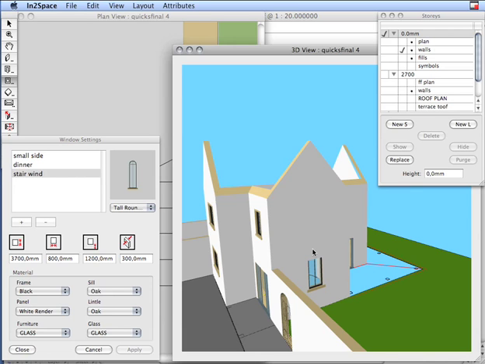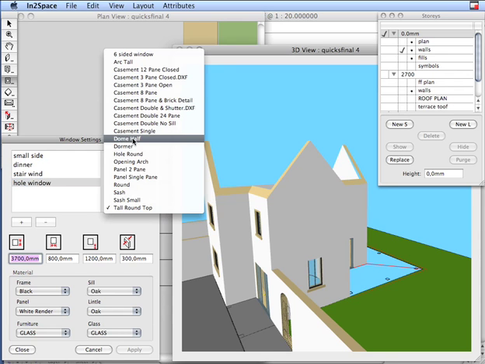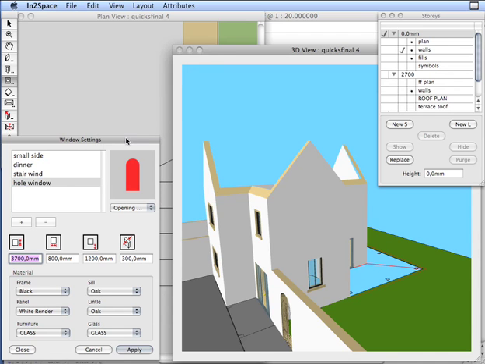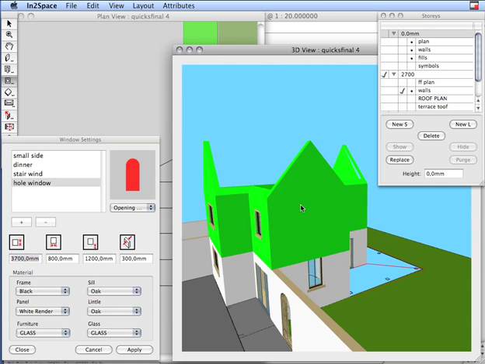Just click, select. Now you can see we're not actually breaking through that wall. We have a number of objects that will just punch holes through walls. They can be used as door apertures, archways, anything that requires a hole in a wall. Let's call this hole window and select opening arch. And as you can see, it's a standard round top arch, and we want to punch